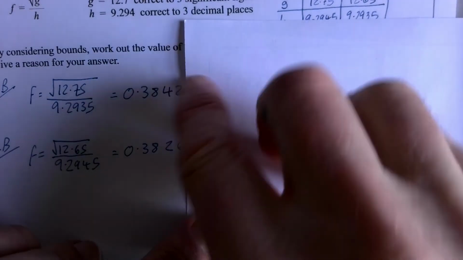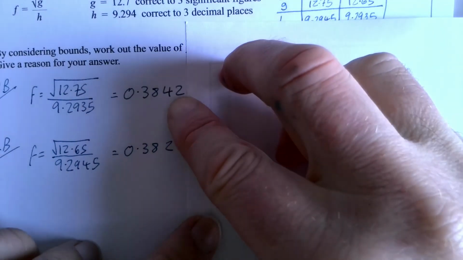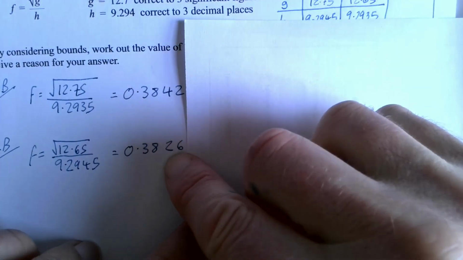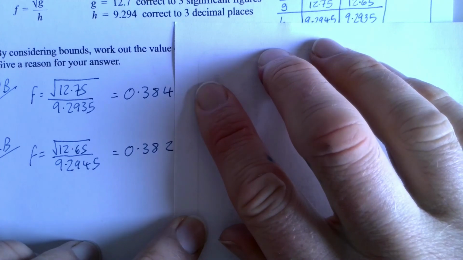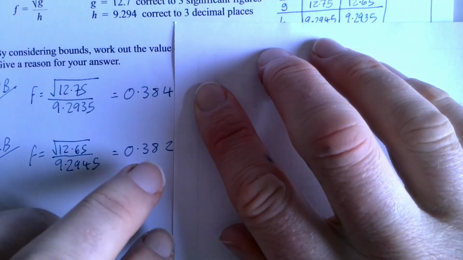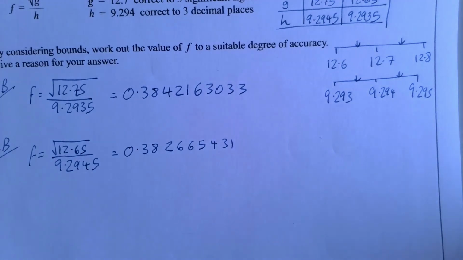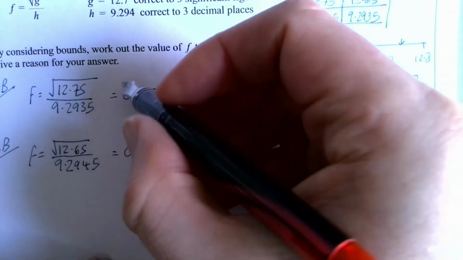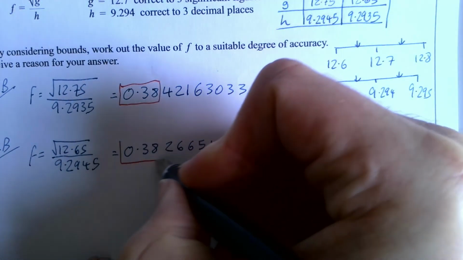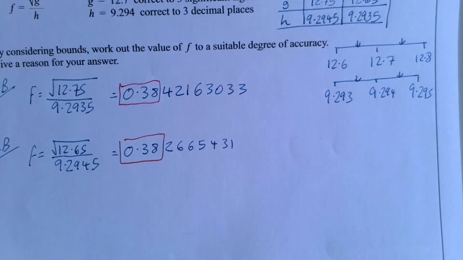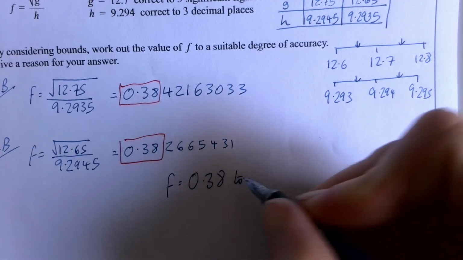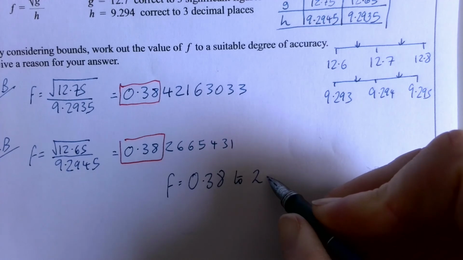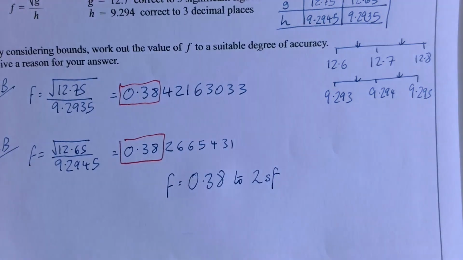If I was to round that up, that would go to 0.384. This would go to 0.383. But if I look at those, that rounds down to 0.38, that rounds down to 0.38. So because they both round down to that same number, I can say that f equals 0.38 to two significant figures, or you could say 2 decimal places, it wouldn't matter,